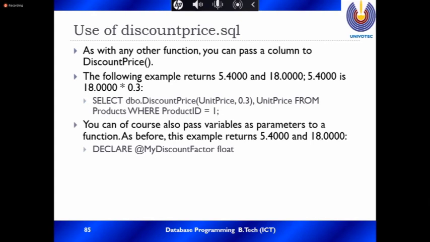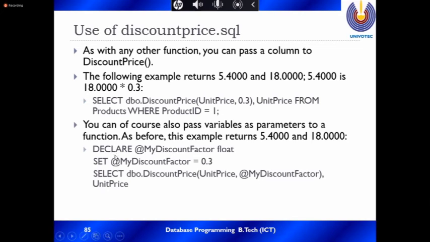Then declare the discount factor, the unit price and the discount factor. Then we can use select from product where this. Now you can pass this variable here, the discount factor.